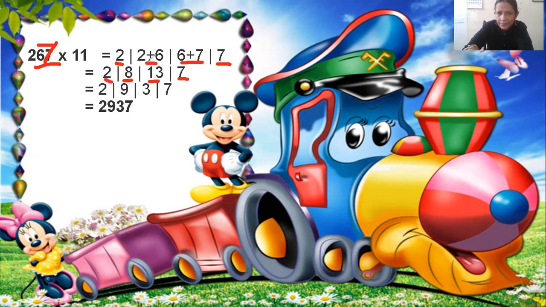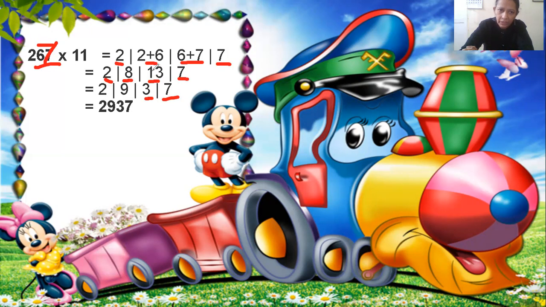Now you see, look at this 13. 13 is not a single digit number. You have to convert this 13 double digit number into a single digit number. How will you convert 13 into a single digit number? You have to again do here the carry forward. First you start from here, 7 you will write down as it is. From 13, this is a 2-digit number, but what is at the unit place? Only 3 is at the unit place. So 3 you will write down as it is, because this is here at the unit place. But what will you do with this 1? 1 is left. So 1 you will carry forward and add with this 8.